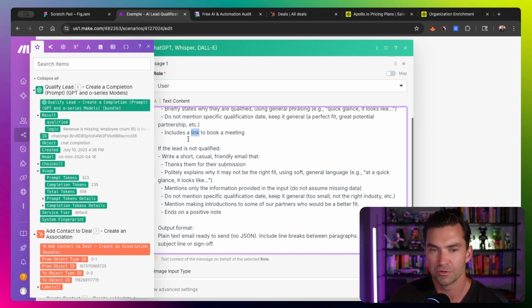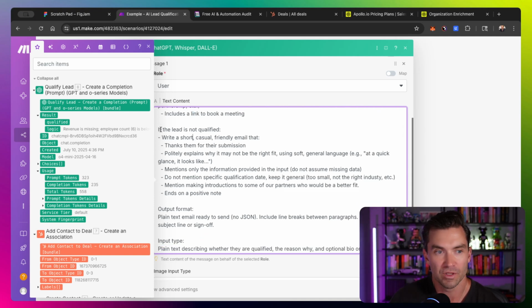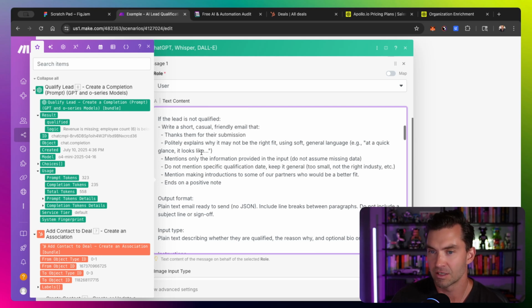I'm guessing it'll probably hallucinate one since I have it in there. And then if they're not qualified, we then want it to send a short, friendly, and casual email that says, thanks for the submission, but we don't want to work with you. And again, this is why prompt engineering is very important, because the emails coming out of this originally were something like, hey, it doesn't look like we're a good fit